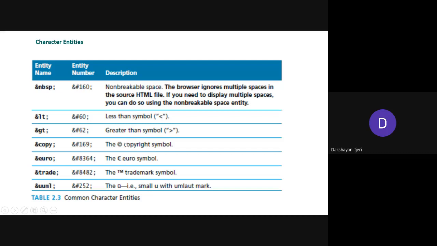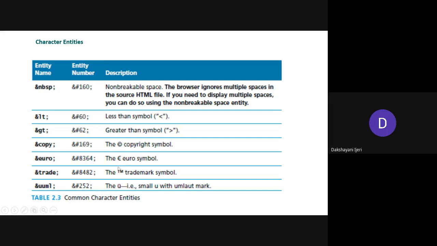Okay, so you can see here the copyright symbol. I don't know how many of you are aware of this copyright symbol. This is a copyright symbol which has a C surrounded by a circle. If you want to use this symbol as a part of the text in the HTML, you don't have this particular character on the keyboard of your laptop or system. So in that case, you can go for using these two things, either ampersand copy semicolon or ampersand hash 169 semicolon. Right.